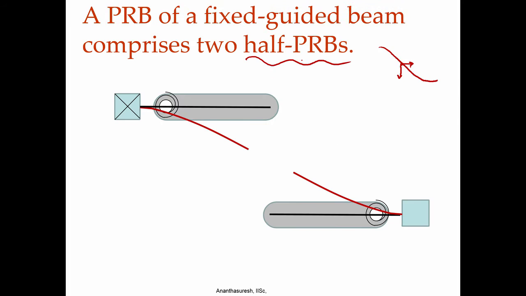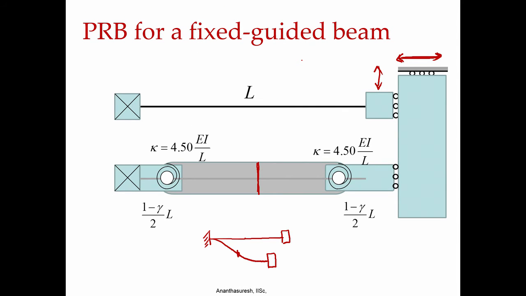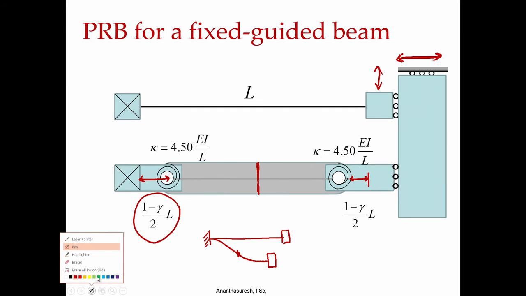As we saw earlier, now this distance from here to here is 1 minus gamma by 2 L, and same thing over here from here to here, if that is where the beam is fixed, and then in between, let me change the color so we can see clearly, from here to here, again we have gamma by 2 subtracted, this will become gamma L like what we had,